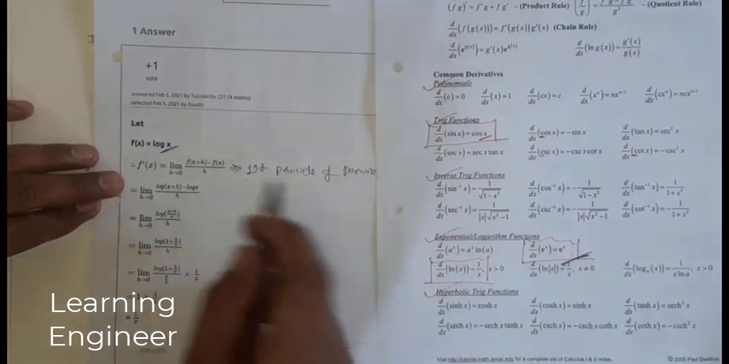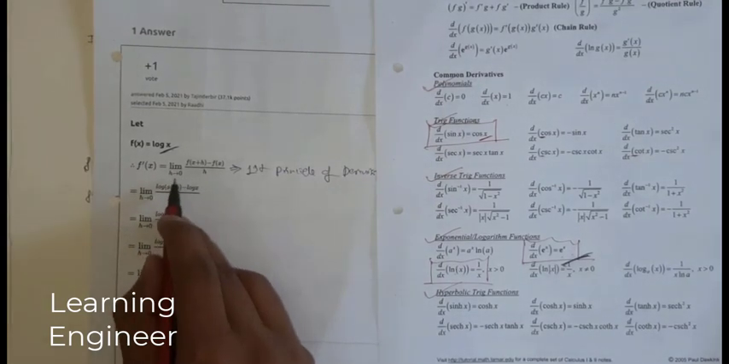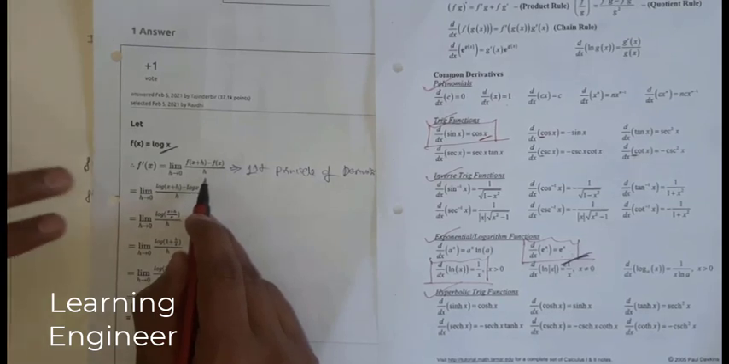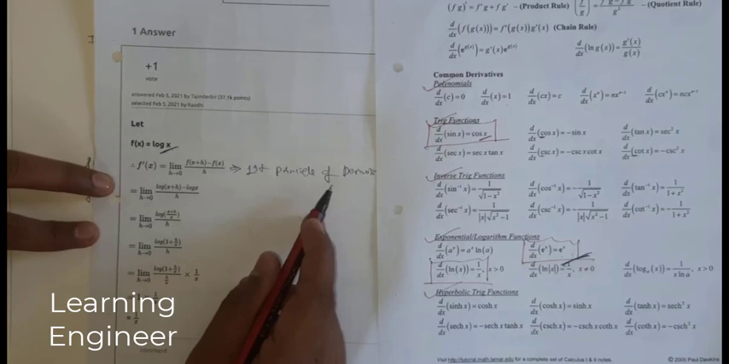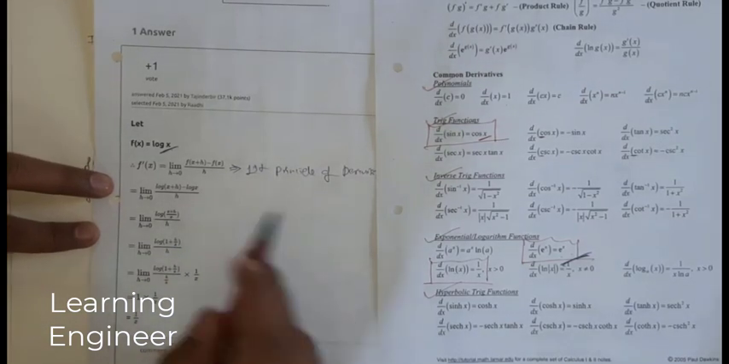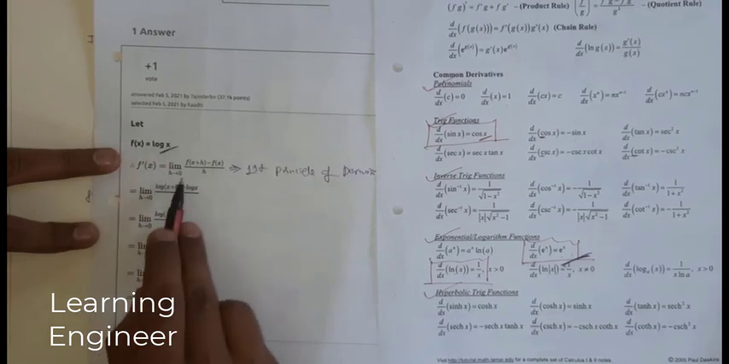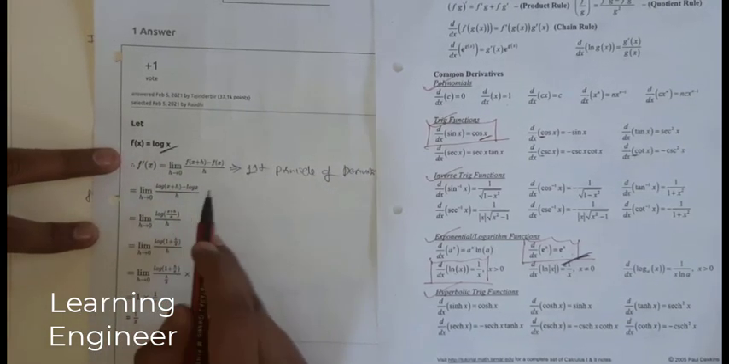So by using the first principle of derivative, or the standard formula of derivative, limit h tends to 0, f of x plus h minus f of x whole divided by h. This is the standard concept, the standard first principle of derivative, or we can say the definition of derivative. So in this particular function, let us put log x. So f of x plus h will become log of x plus h, minus f of x, which will become log of x,